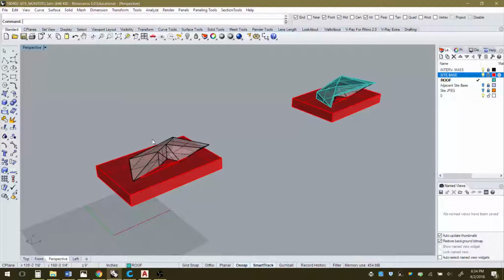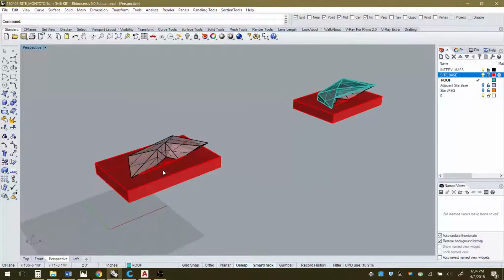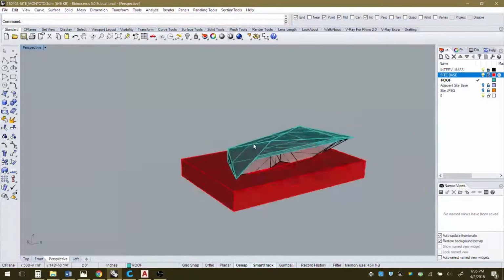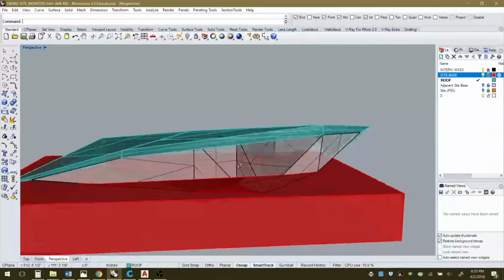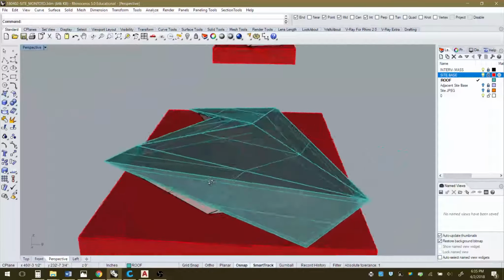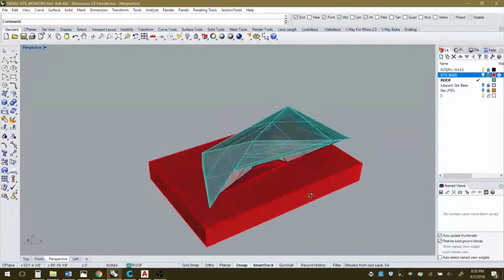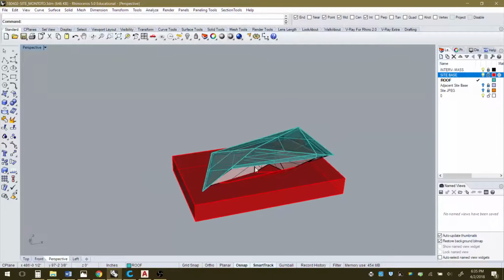In this case, I'll use this same example that I used for the last exercise where I created the massing and essentially walk through some steps to create a roof structure that has a little bit of mass to it, so it's not just a thin surface. It has some three-dimensionality to it. So then I can begin to use other tools like Slicer and perhaps 3D printing and a few others